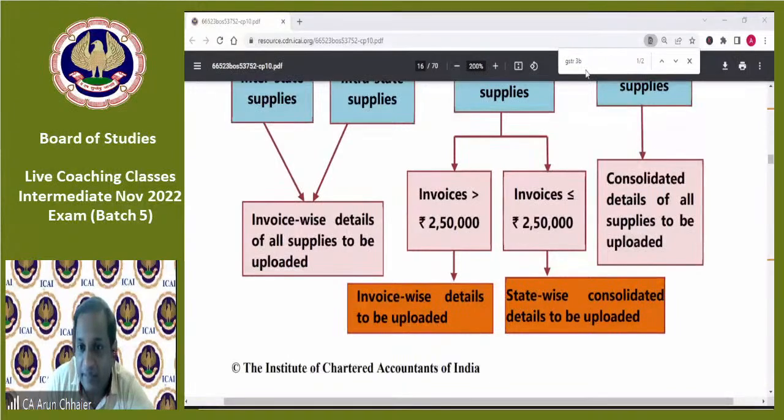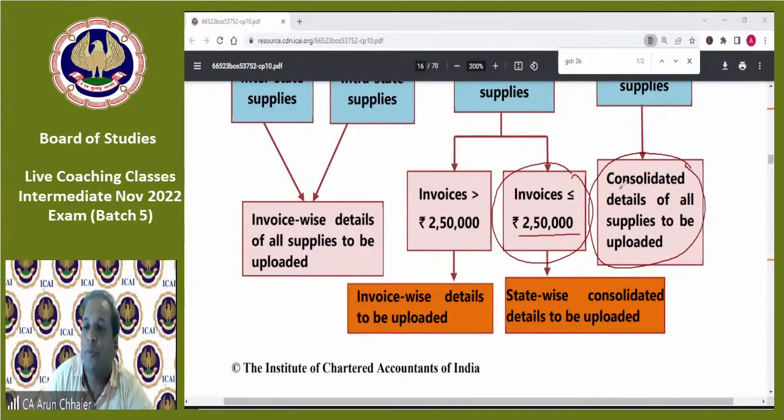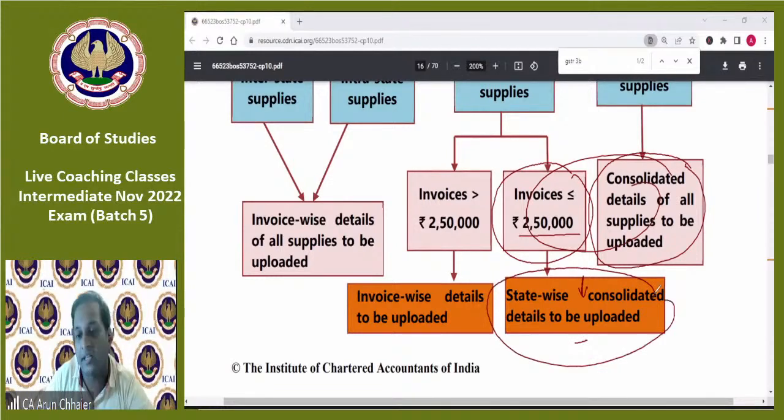And rest all B2C transactions will come in table 7. So I can say inter or intra having an invoice value up to 2.5 lakh or more than 2.5 lakh, both will be clubbed and reported in table 7, that is state-wise but consolidated. Suppose I have 10 tax invoices, I will consolidate them and according to the state and rate, I have to